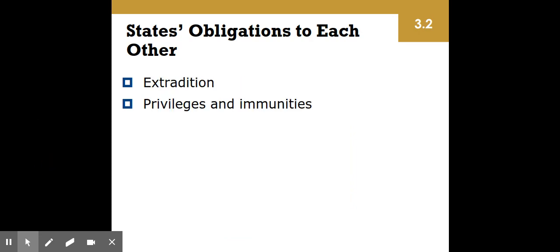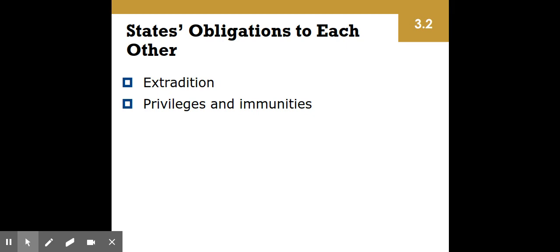And then, of course, extradition. This is something that happens when one country requests a suspect or prisoner be turned over to them from another country. Well, just like the states are kind of like mini countries, we have to file extraditions. For instance, if Pennsylvania wants a prisoner or suspect from Montana, we have to file extradition paperwork in order to get them. Now, that happens almost 100% of the time.